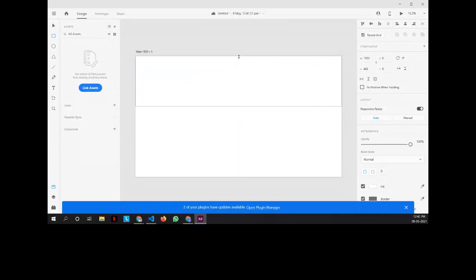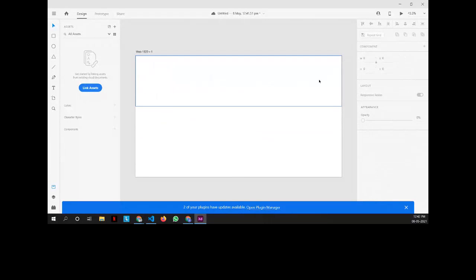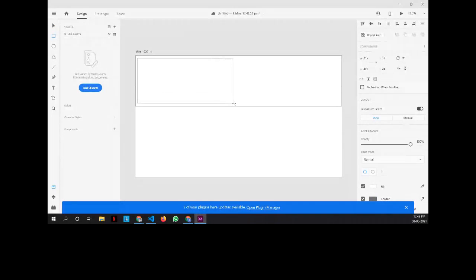So this is one row, and this has 12 columns inside it. Every row has 12 columns inside it. So one, two, three, like that. Whenever you want to visualize what exactly a row is inside HTML, or when you use Bootstrap, imagine that this whole part is a row, and then there are 12 different columns. If you want to add two things in one row, you will just have two columns of 6 and 6 each. Like this is 6 and this is 6.